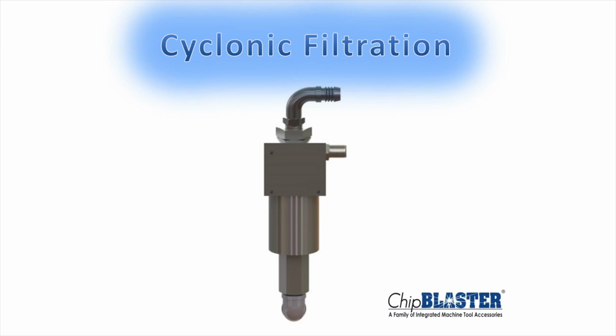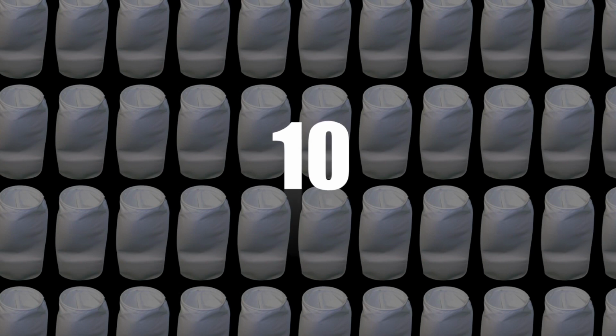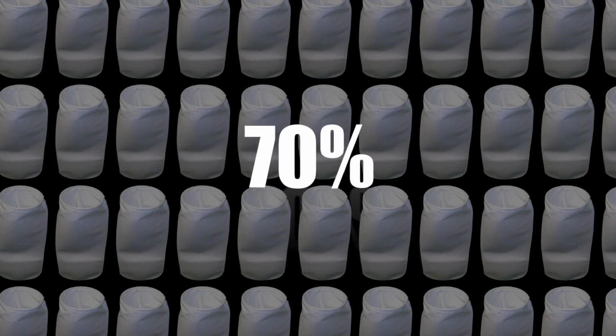The challenges of machining are hard enough. In order to stay competitive, you must get more done in less time. With ChipBLASTER's new Cyclonic filtration, you can run twice as long with half the tooling costs by eliminating damage-causing particles from your coolant. Sure, conventional methods filter down to 5 or 10 microns, but let's face it, they're only 70%